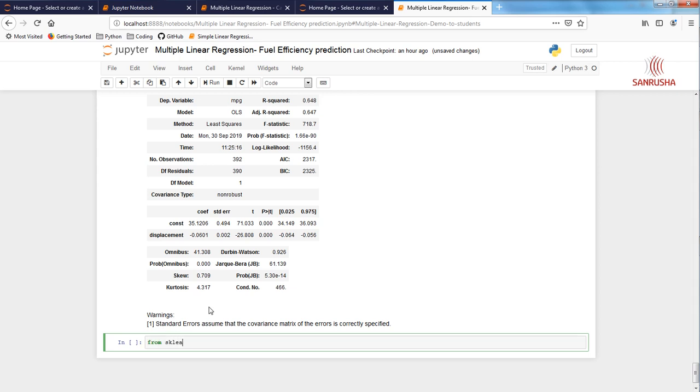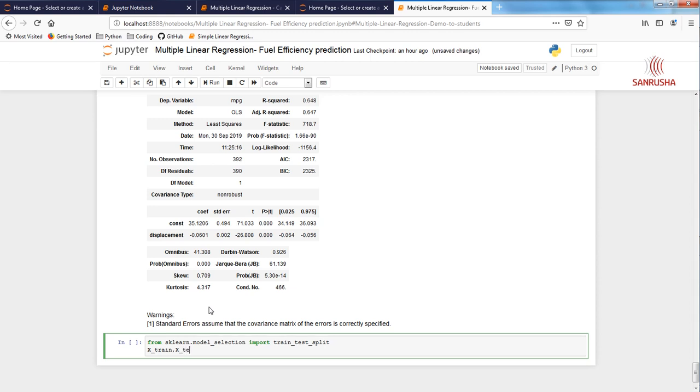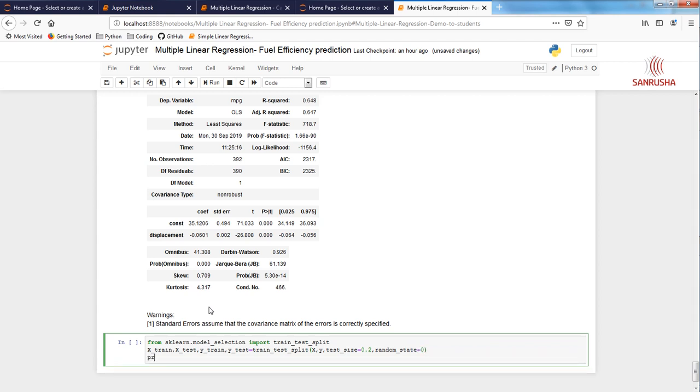From sklearn.model_selection import train_test_split. x_train, x_test, y_train, y_test equals train_test_split(x, y, test_size equals 0.2 and random_state is going to be 0. Let's print that.